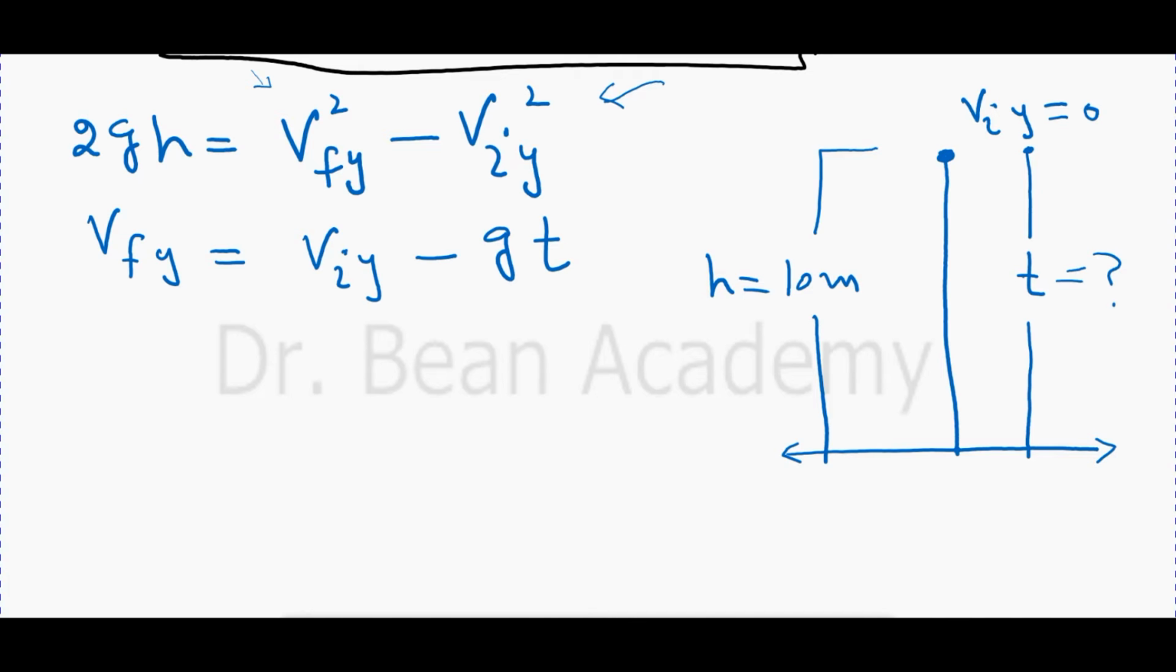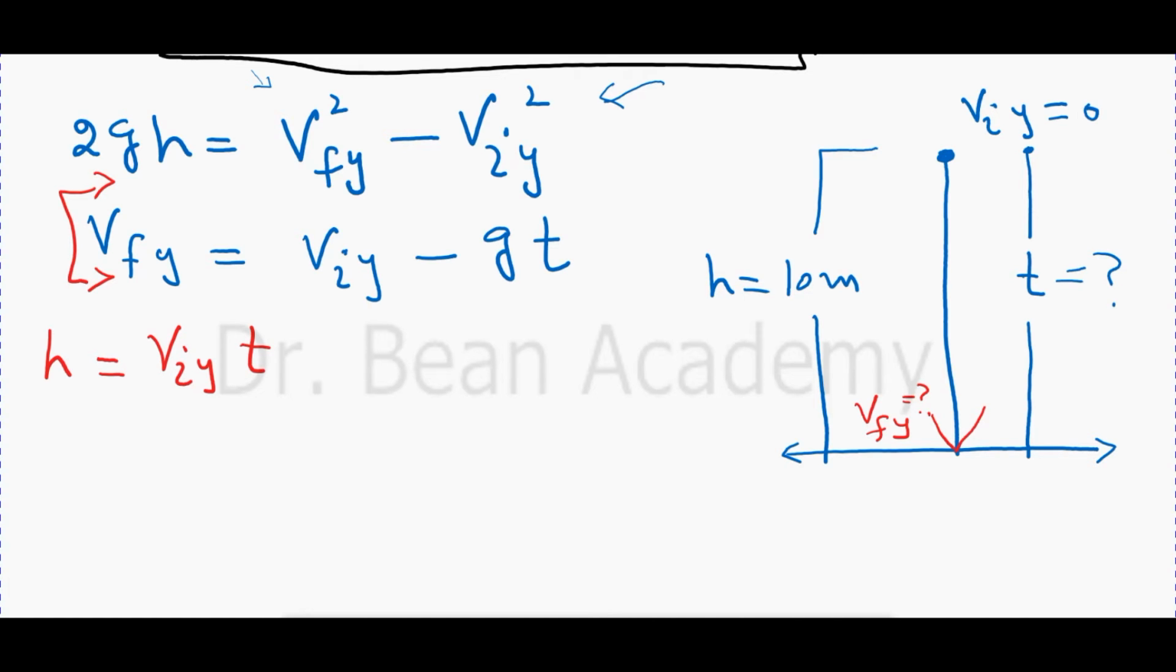I can use this equation, but the problem is I don't know the final velocity with which it will hit the ground. You see, when it hits the ground, I need to have this velocity vf of y, and I don't have this velocity right now. So let's see if another equation can solve this problem. So h equals